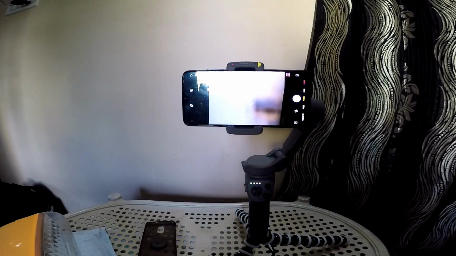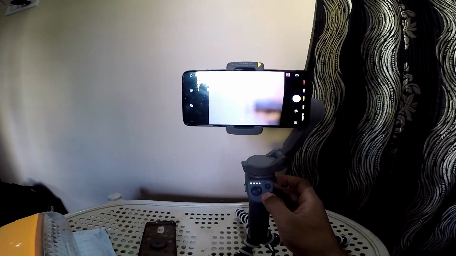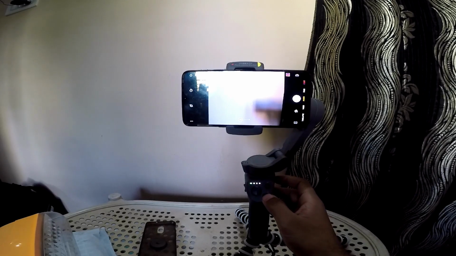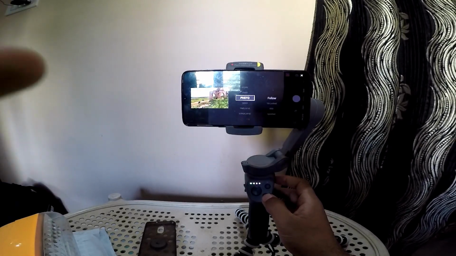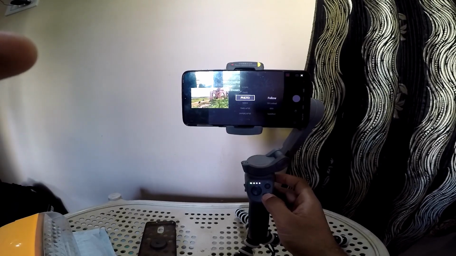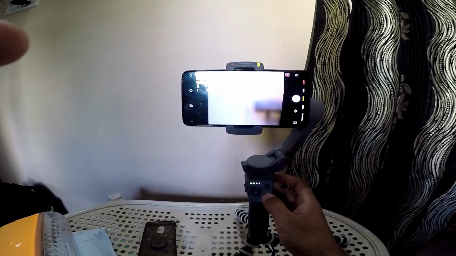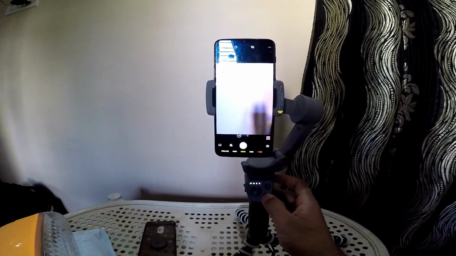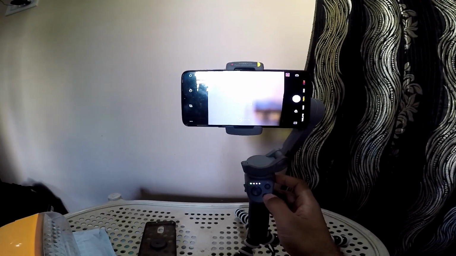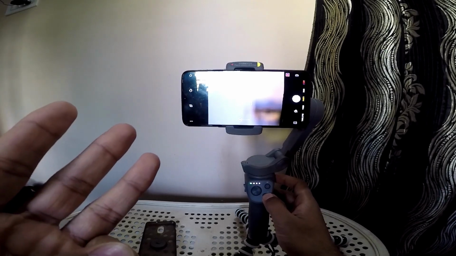Going to the number 5, M button. M button once will give you the options. Okay, M button twice will give you the mode change, portrait or landscape. M button 3 times, 1, 2, 3.